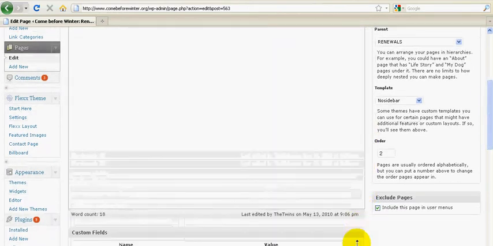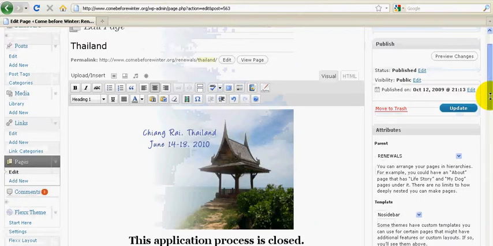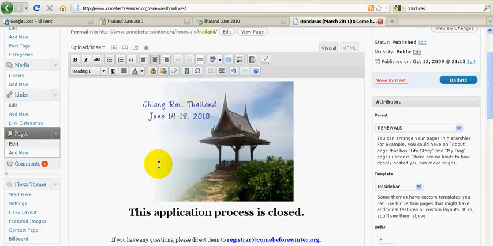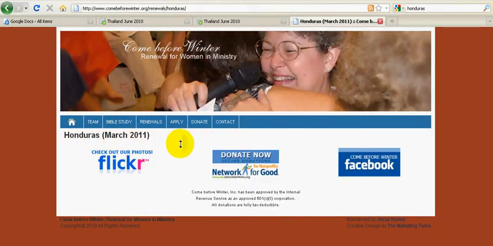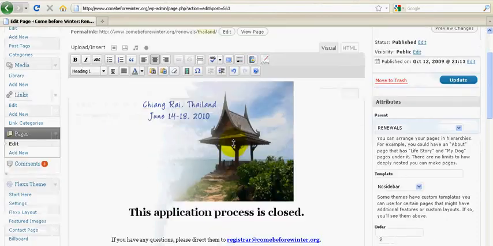Now you can see here that that looks very similar to what we want. This is what we want this to look like. What this looks like right now is what we want our Honduras page to look like. But obviously it won't say the application is closed. However, we do like the way that this is all set up. So if we want to,